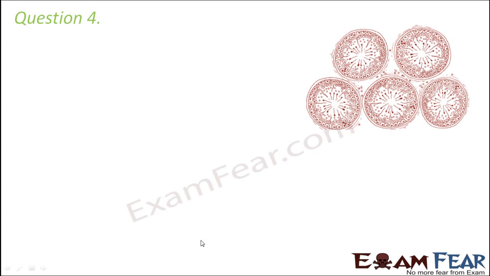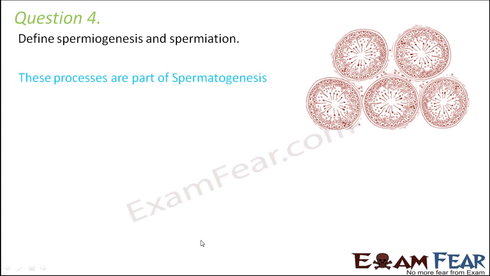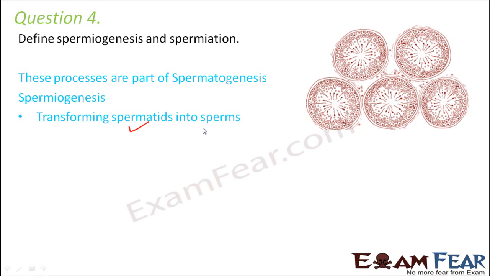Let us look at question number 4. Define spermiogenesis and spermiation. Now, both these processes are part of spermatogenesis, but they are the names given to two different steps of the same process. So when we talk about spermiogenesis, it is basically the transformation of the spermatids into sperms. The step which takes place after the spermatids have been formed and they get converted into sperms, whereas spermiation is